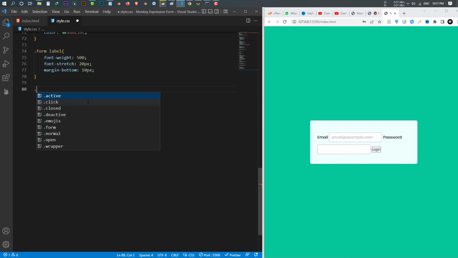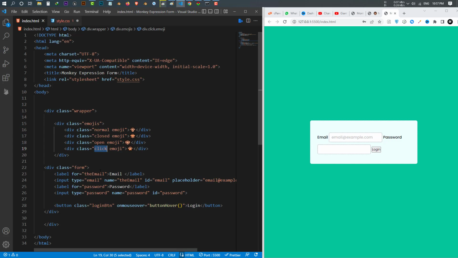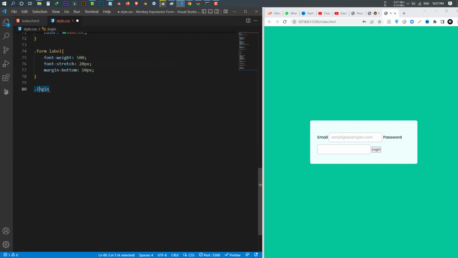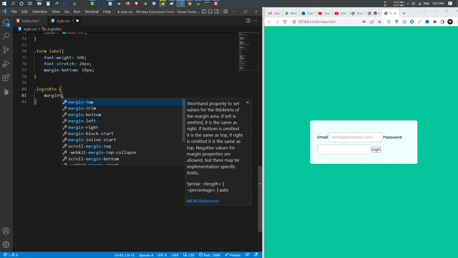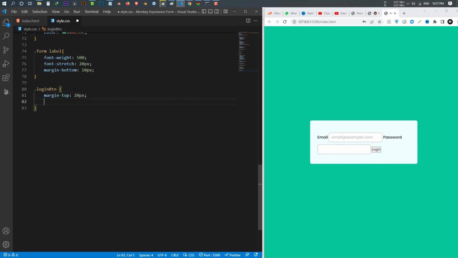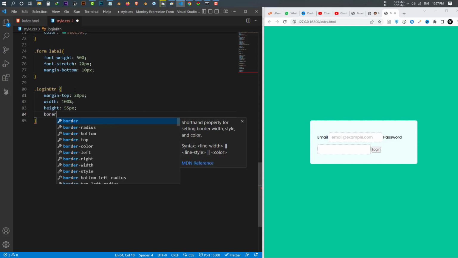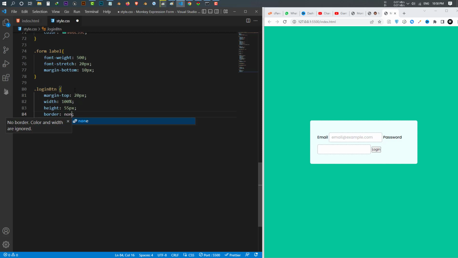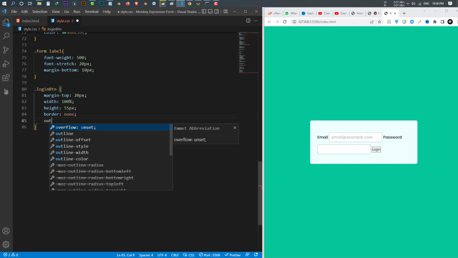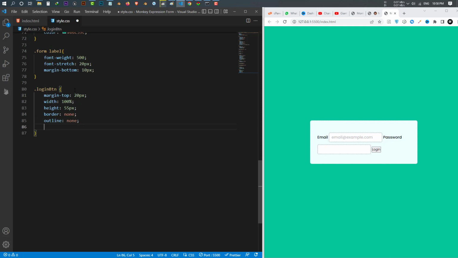Okay, after that I select the login button. I select the login button by the class and I apply some design for this one. I give it a margin top of 20 pixel, a width of 100%, height of 55 pixel, border set to none, and after that I want to remove the outline also, set it to none, and I guess change the font size to 18 pixel,